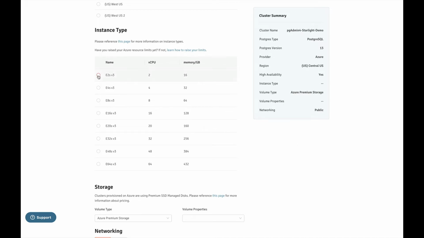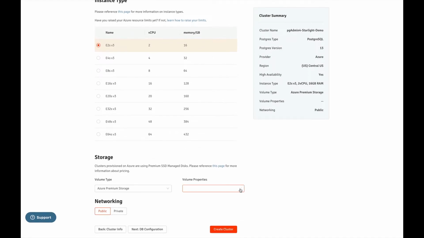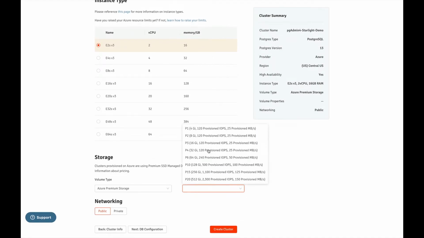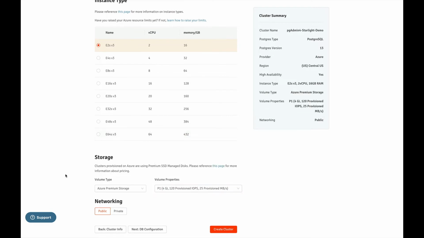So I'm selecting the basic instance type, and for the storage volume properties, I'm selecting the basic P1. The next setting is the networking, whether you want a public network or to create a private network. As we are connecting pgAdmin 4 and psql, we need a public network here.